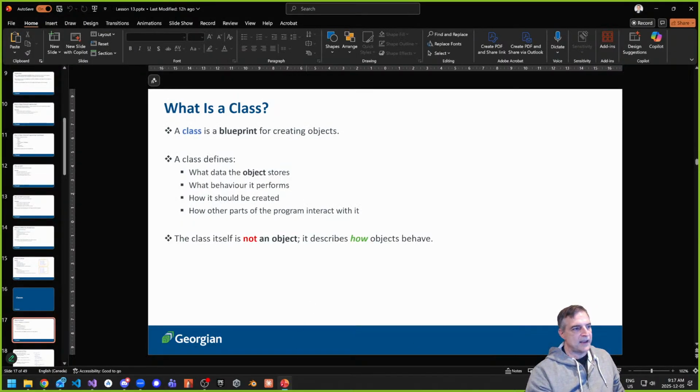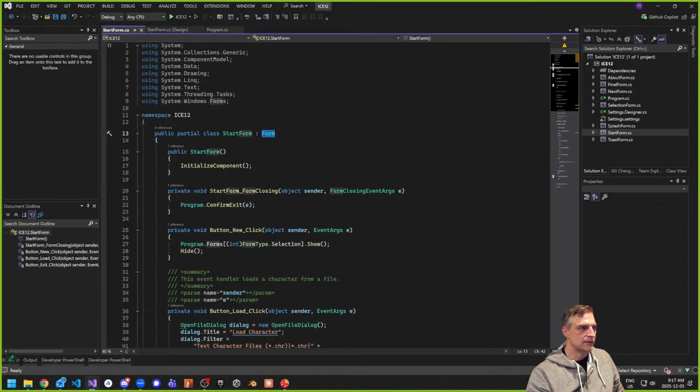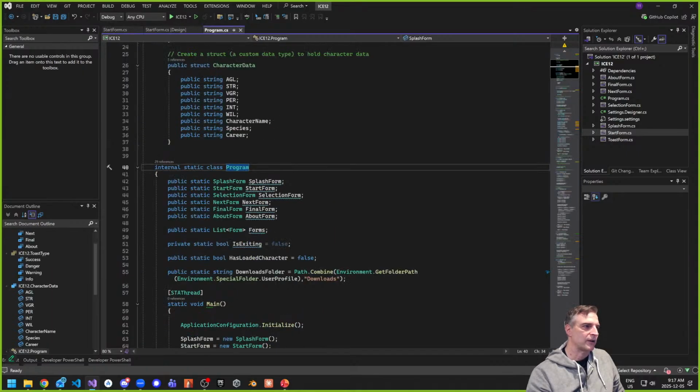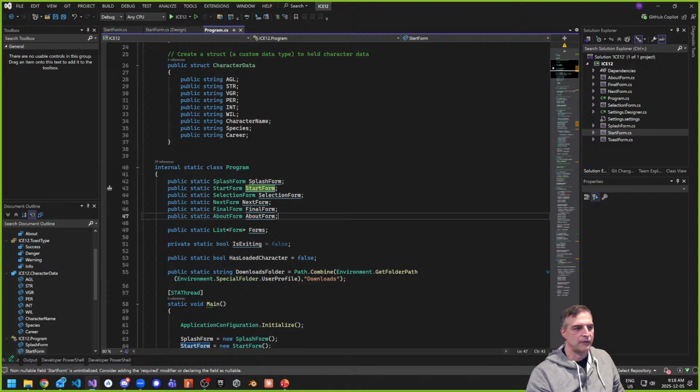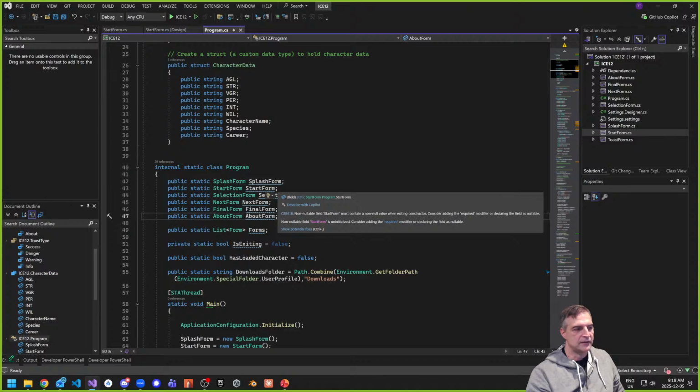But going back to this then, if that's what classes are, if classes are blueprints to create other objects, where we have, like we said before, the object for us is called start form. The class is called start form. We just happen to call our form in program.cs. We called it start form. That's what we called it, right? That's the name of the class. This is the name of the variable. It's the same name. You can do that, right? It's not recommended 100% to do this all the time, but this is allowed, right?